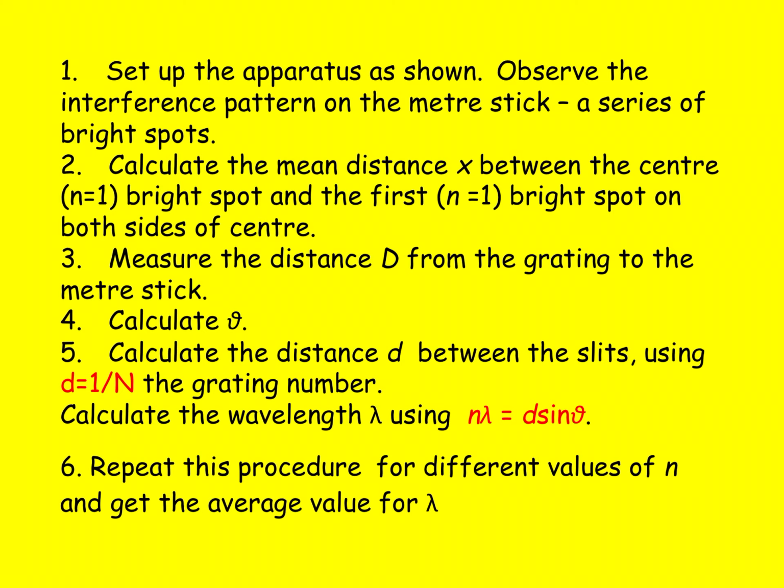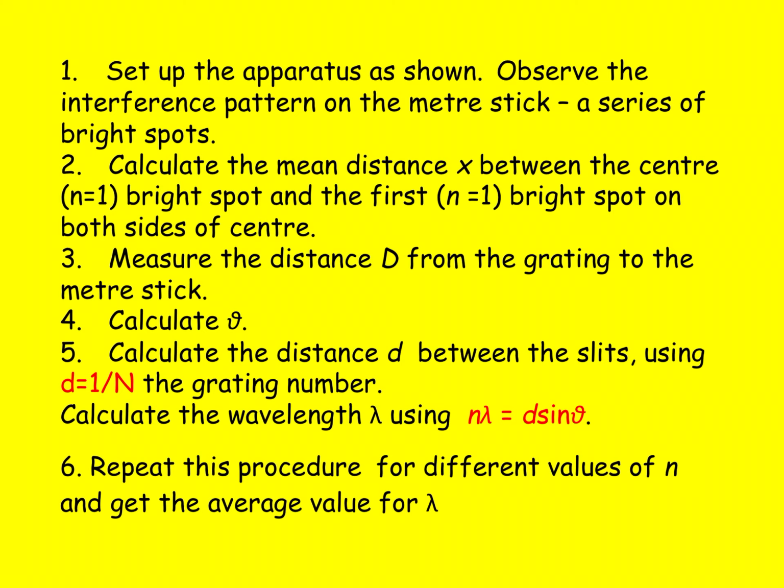Now you have to divide by 1,000 again to get the distance between the lines in metres before you put that in as the d in the formula. The theta you've calculated from your experiment using the tangent, you put the theta in, you find the sine of it, you times it by the d, you divide by the number you're looking at. So if it's n equals 1, you divide by 1. If it's the n equals 2 line you've got the angle for, you divide by 2. You repeat for all the different values you can get up to at least 3 and find the average value